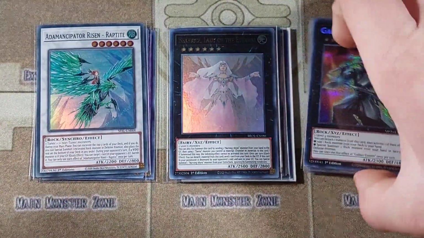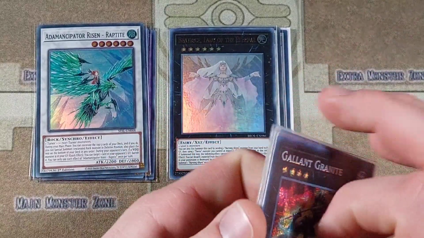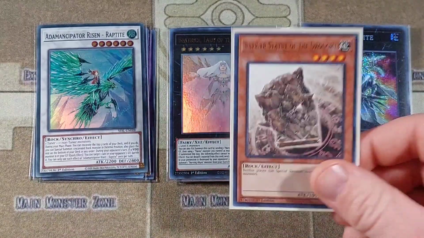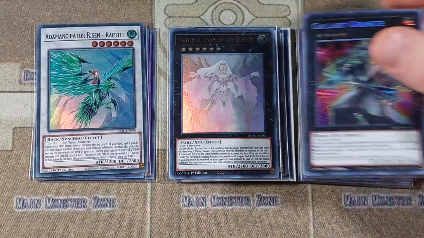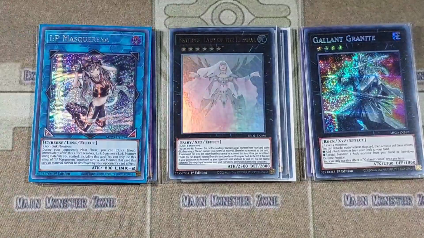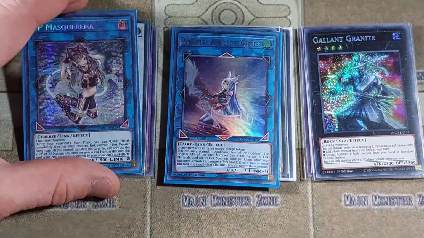This is why I kept in both of the level 6 Fossil Fusion cards, just because it is really nice to be able to go into those for free with a Fossil Fusion, and then go into Beatrice, use Beatrice to dump your Fossil Fusion or your Barrier Statue, and then get out your Leo Knight, and then Leo Knight brings that card back, locks your opponent out. So it's just really cool. This is an OTK deck, but I sort of built it to be able to go into both playstyles. Then we're going into one copy of IP Masquerena, and then just one copy of Appaloosa to round out the